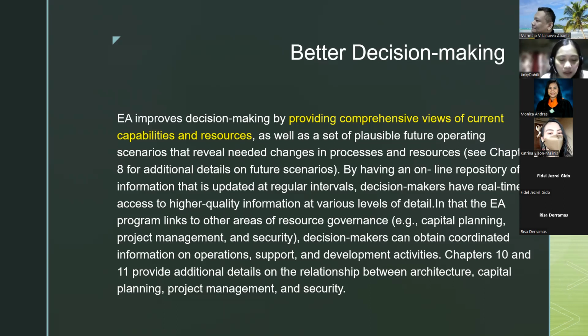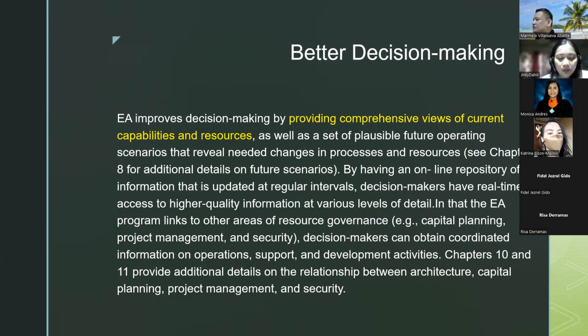By having an online repository of information that is updated at regular intervals, decision makers have real-time access to high quality information at various levels of detail in the EA program, linked to other areas of resource governance. So examples are capital planning, project management, and security.